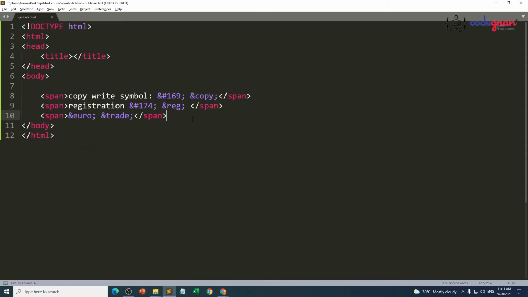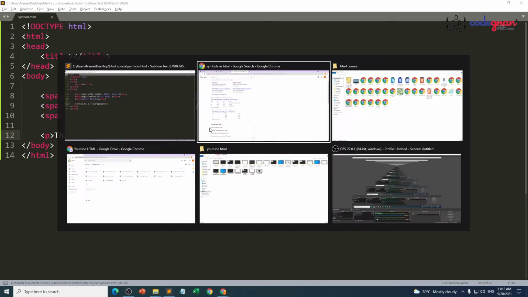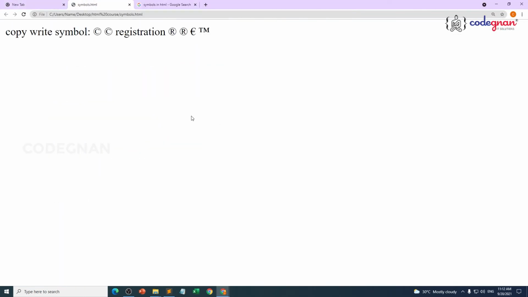And one more thing we are having. In our paragraph, if we try to give more than one space, this is a paragraph. If you try to give more than one space, I'm using nearly 3 spaces, more than 3. Okay, good. If I go to my web page and refresh the page, what happens?